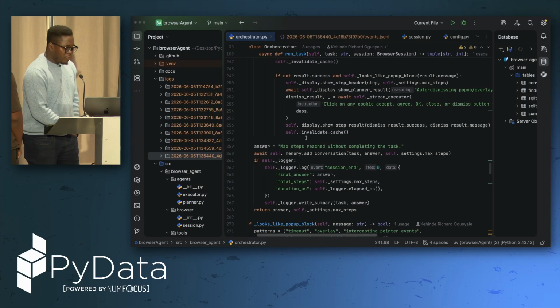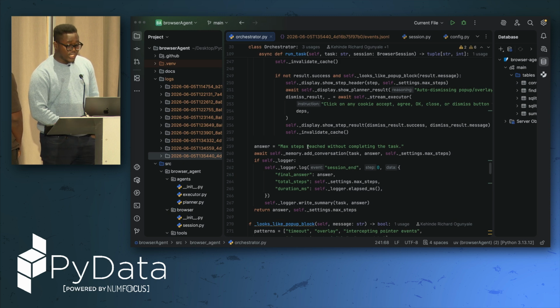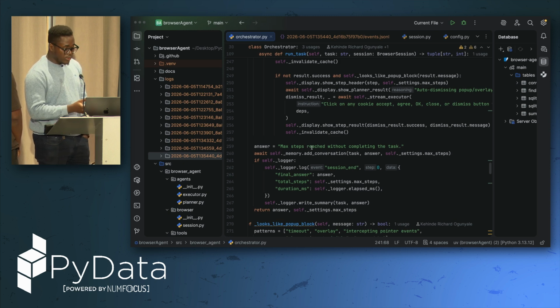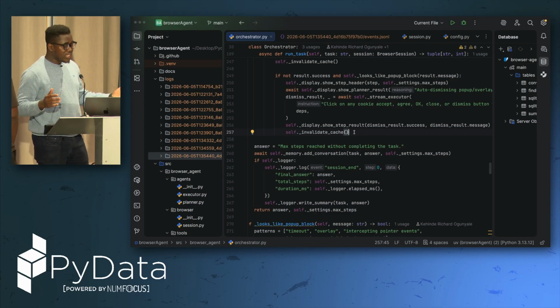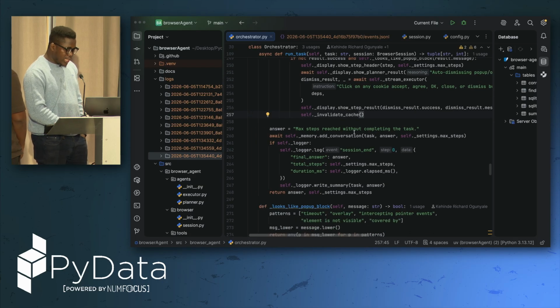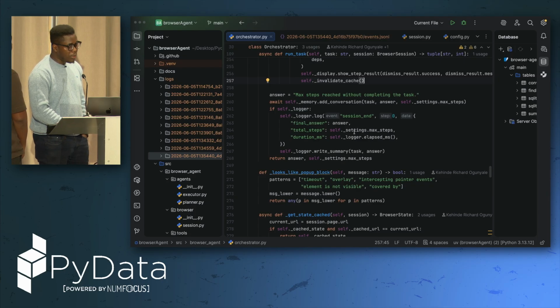Then, like I said, if we get to the maximum number of steps without completing the task, then this is the answer that we're going to get, right? Because we set a limit within which the LLM has to get the task done. Then there are some interesting things that we also put in to handle stuff like cookie pop-ups